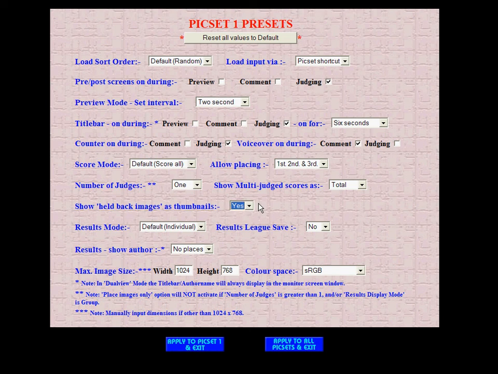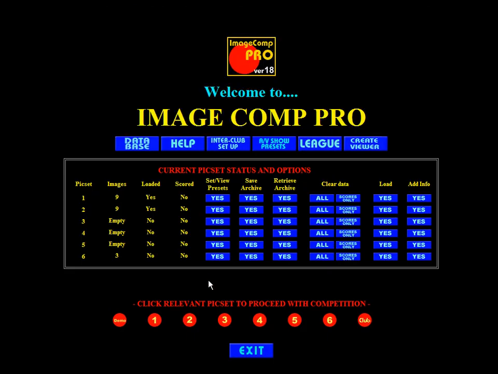And what will happen now is that provided that no more than 12 images are held back, they will be shown as a page of thumbnails, so the judge can get a quick idea of what he's held back. If you do set this option to yes and more than 12 images are held back, the program will just revert to the default method of showing the held back images. So let's take a look at this in action. We'll apply that to pixet 1. And we'll run pixet 1,